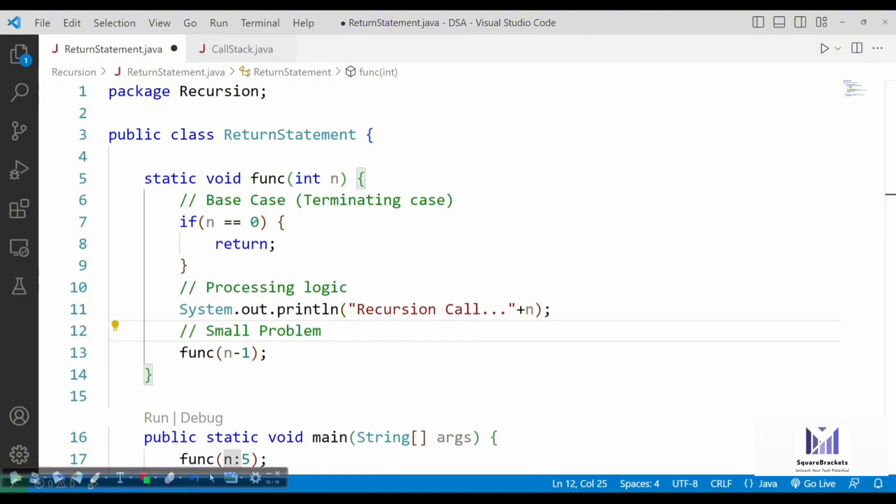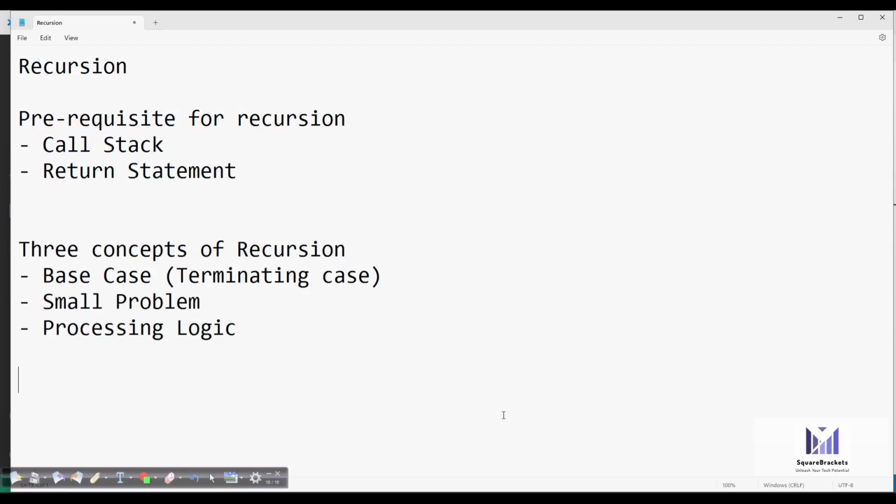Whether you want to print 1 to 5 or 5 to 1, anything you want to print, we just need to do only one thing: divide our large problem into a small problem. I hope it is clear to you what recursion is. A function is calling itself, and every time it calls itself, it makes some change, like either it decreases the value of n, or it increases the value of n, or makes any change on your particular variable. This is the simple concept of recursion.